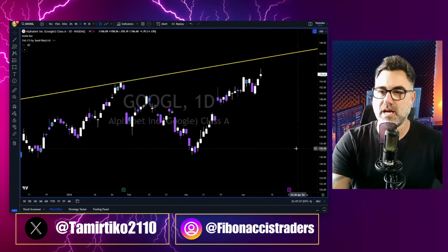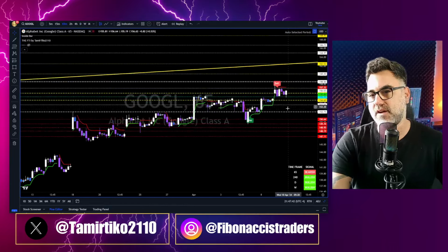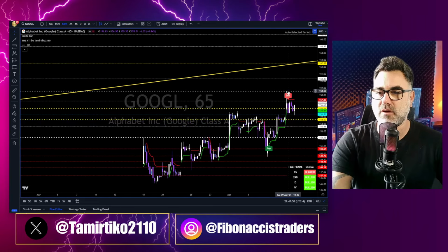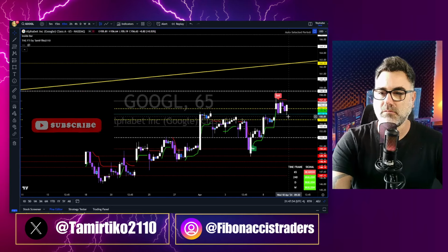Google, 1% to the upside, open the day super strong. Look at the 65-minute chart. Open the day with a gap to the upside all the way to a future Fibonacci resistance, the 158 area, 159, and then just slide back down, almost close the gap,